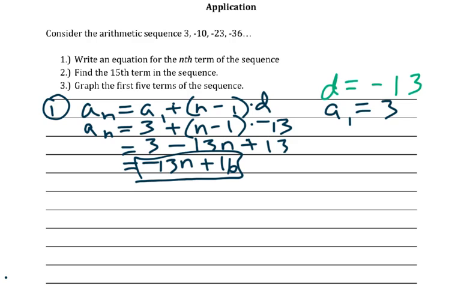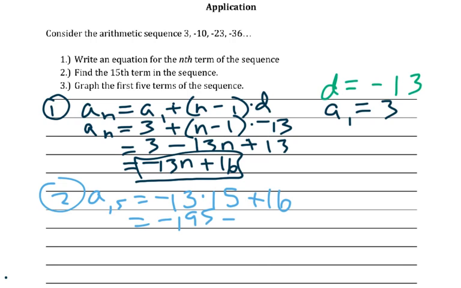In part 2, they ask us to plug it in. So a sub 15, make sure you're not cutting corners here. It's important that you show these steps for arithmetic sequences, because if you don't do it now, it's going to be really difficult to do for future problems of geometric sequences and more complicated situations. So a sub 15 equals negative 13 times n, which would be 15, plus 16. Get a calculator out, and we will write negative 195 plus 16,